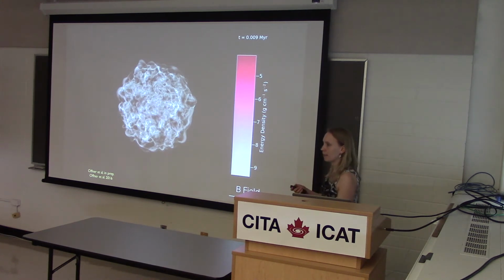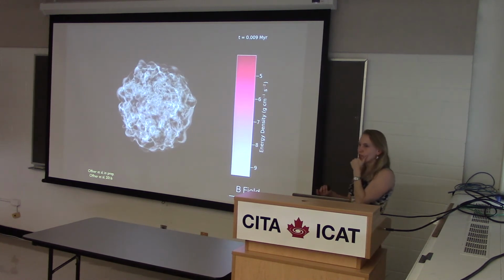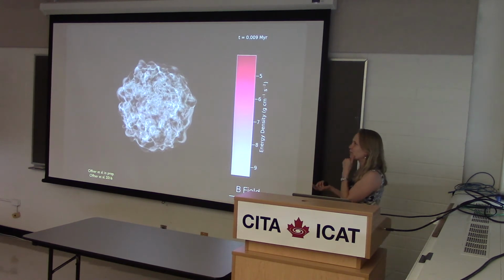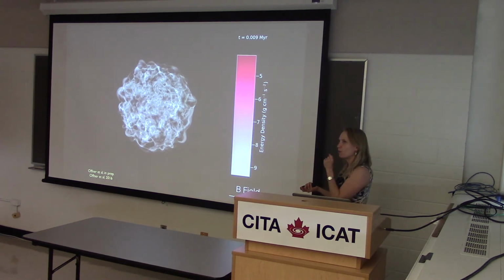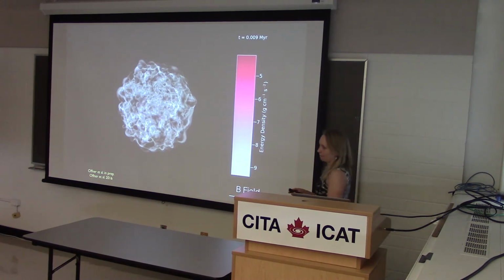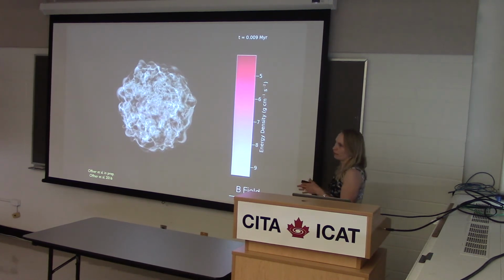Is that rho v squared versus B squared over 8 pi? Let's see. The mass to flux ratio is 2.5, and the beta parameter I believe is like 0.02. I forget off the top of my head what that corresponded to. But the Mach number is like 7. Yeah, it's maybe Mach 2-ish. It's slightly more than thermal.